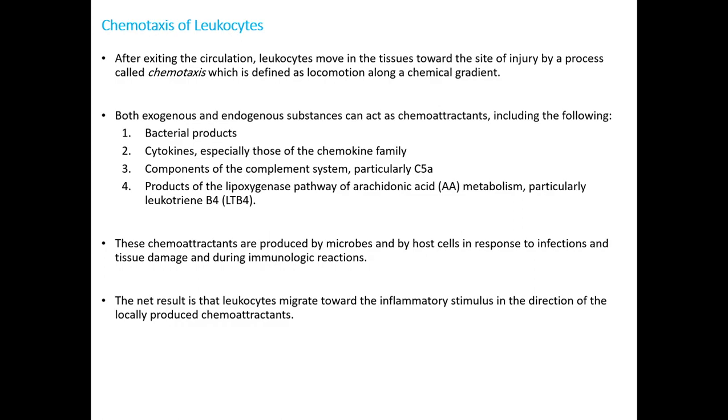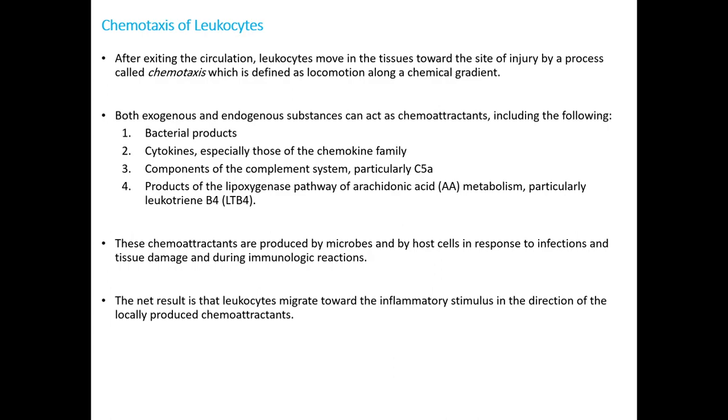These include bacterial products, cytokines, especially those of the chemokine family, components of the complement system, which is C5a, and products of the lipoxygenase pathway of arachidonic acid metabolism, particularly leukotriene B4. These chemoattractants are produced by microbes and by host cells in response to infection and tissue damage